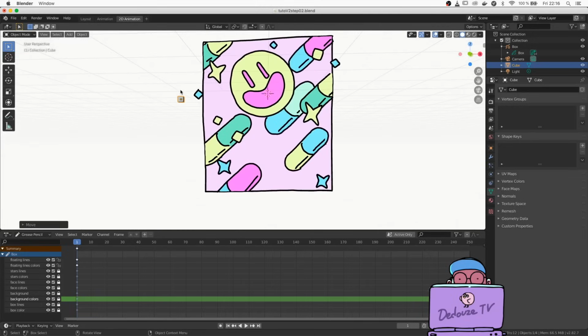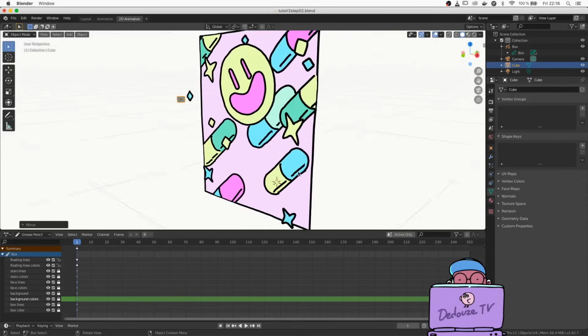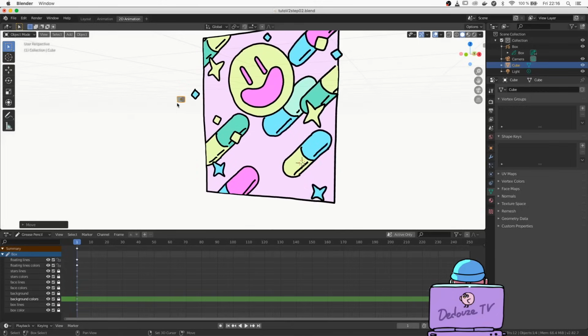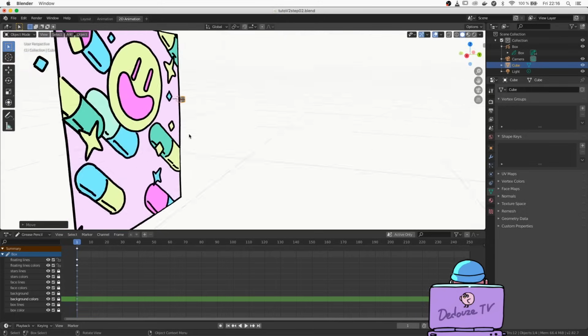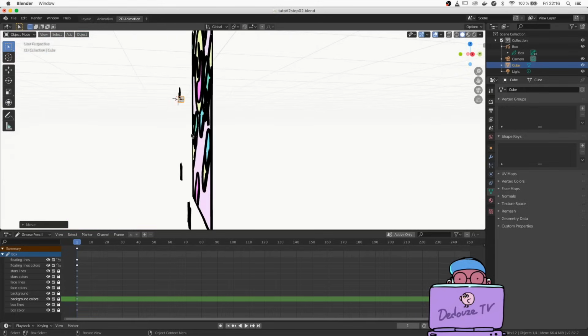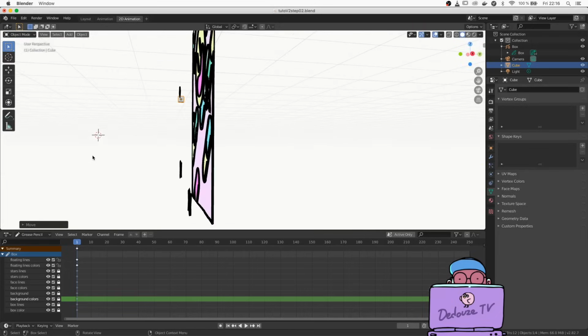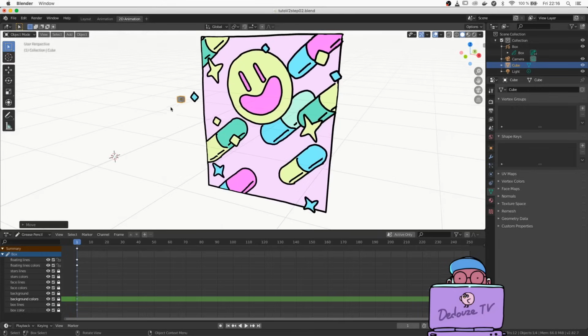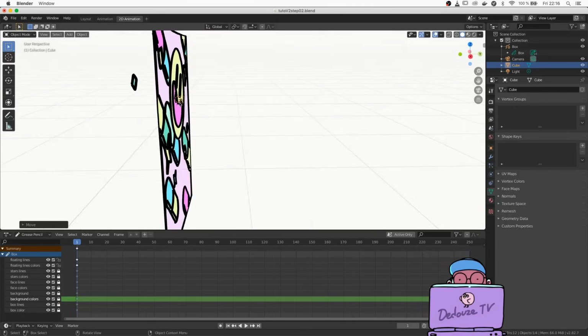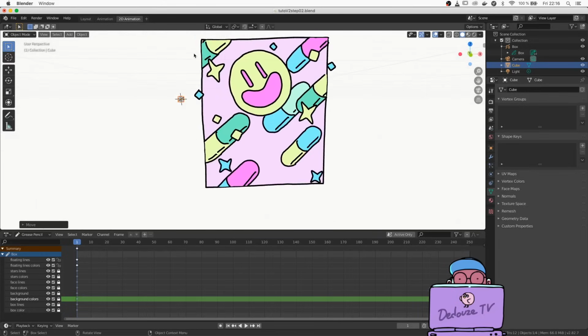You already know that when you press Shift right click on the screen, you move the 3D cursor in space. But if you press Shift right click over a 3D object, the 3D cursor will stick to the surface of that object. So now each time we need to edit the floating lines here in the drawing, we just need to press Shift right click on the front of this cube and the cursor will move to the right place.